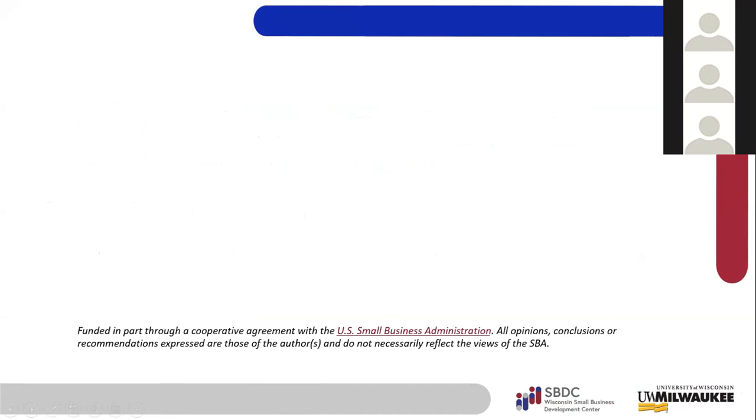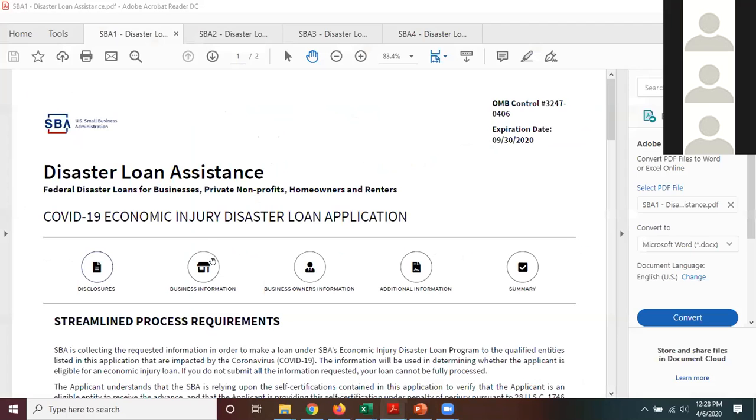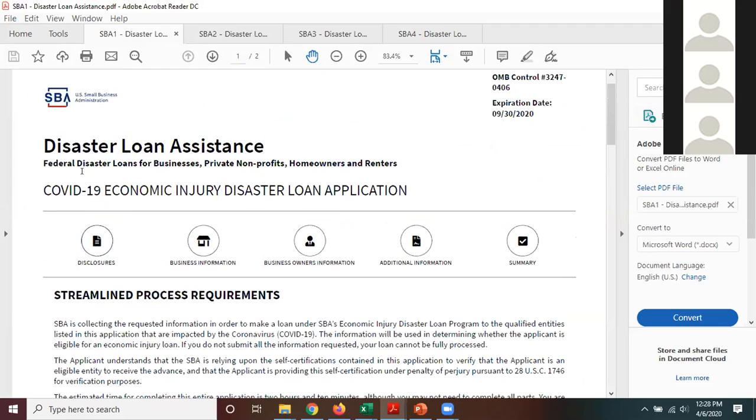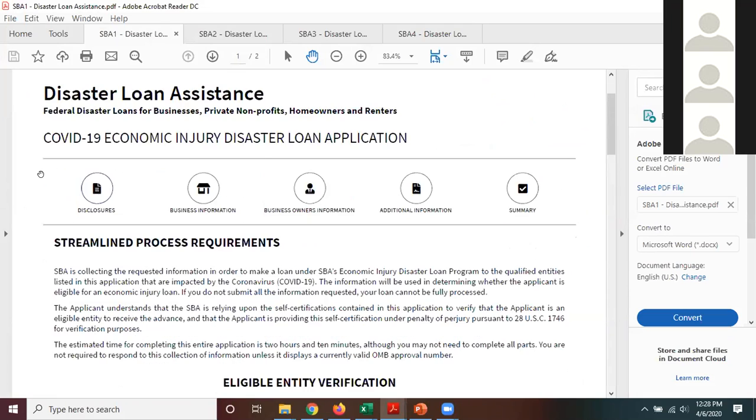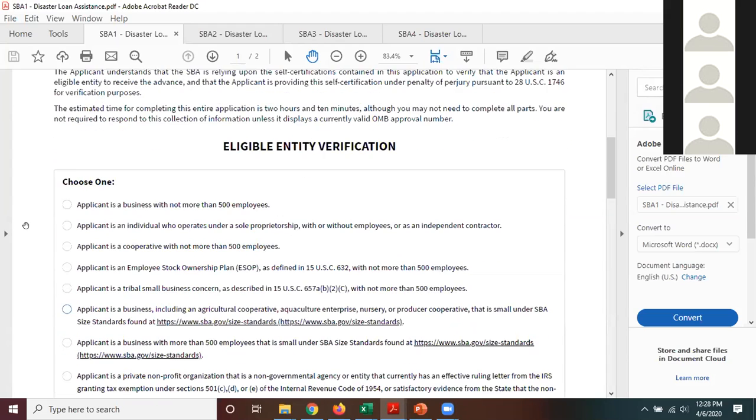So with that, I want to show you really quick what the application portal looks like for the disaster loan. We got some screenshots of this, which should be able to walk you through. When this first rolled out, the portal was really clogged. The website, I think, went down a couple of times. So they had rebuilt it. This new streamlined process is a little bit easier to navigate. It's really designed to try to get small businesses and some of the nonprofits in there.